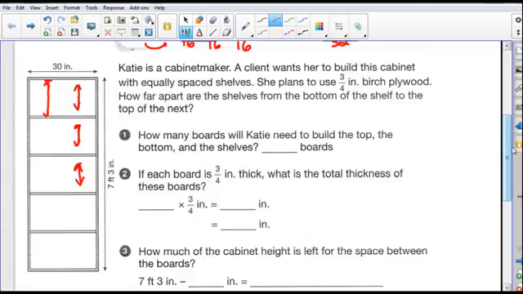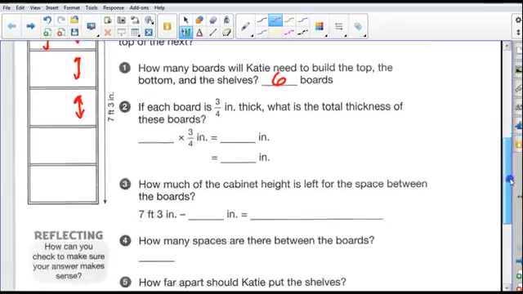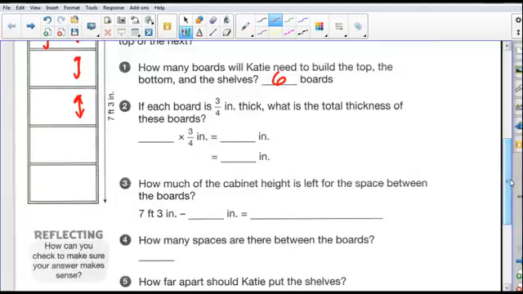So the top is 1, shelf here is 2, another shelf 3, another shelf 4, another shelf 5, and the bottom is 6. So we know we're going to need 6 boards. If each board is 3/4 of an inch thick, what is the total thickness of these boards? Well, we take the number 6, multiply that by 3/4. Well, 6 is the same as 6 over 1. Multiply the top, 6 times 3 is 18, and the bottom number, 1 times 4 is 4, so we have